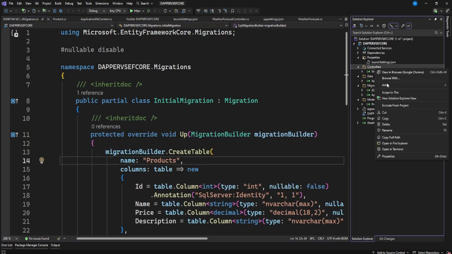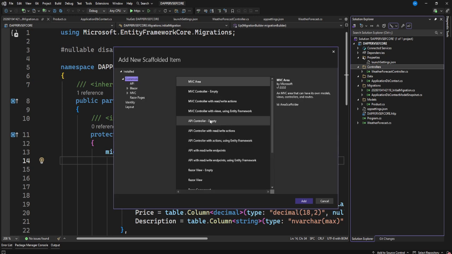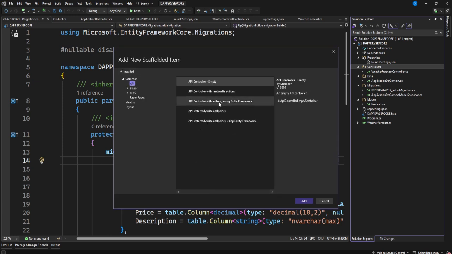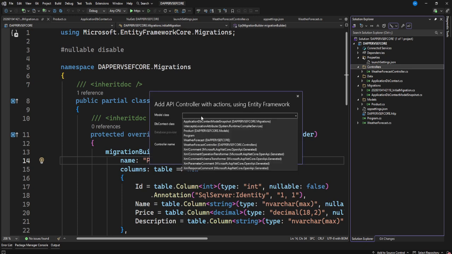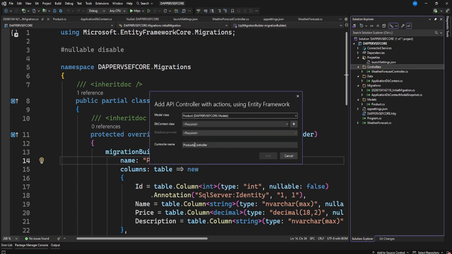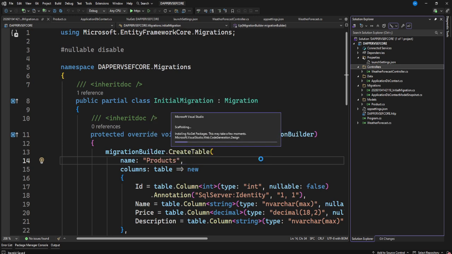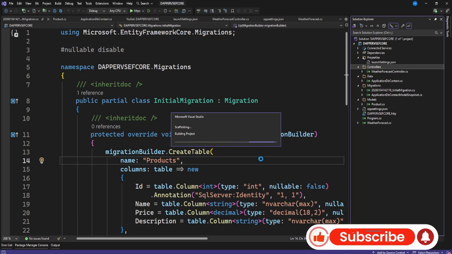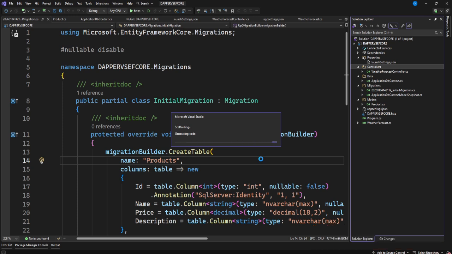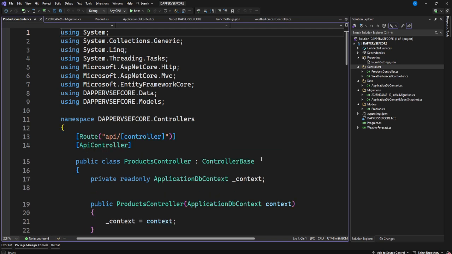So we can scaffold our endpoints. So here I'll just do API controller with actions using EFCore. And here I'll do product, and this is application DB context is our DB context class. Then I generate. So it will give us all the endpoints that we need for our products API. So the next thing is I want us to now test the speed of EFCore. So that is EFCore in general, what we've just done. So we'll also be checking how